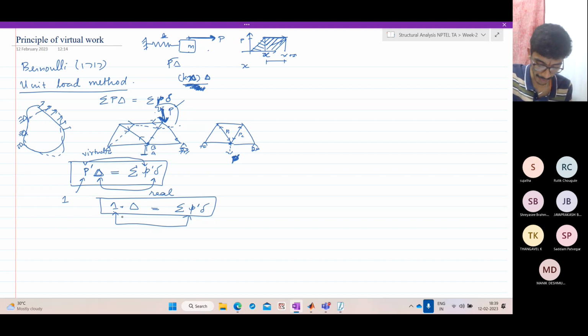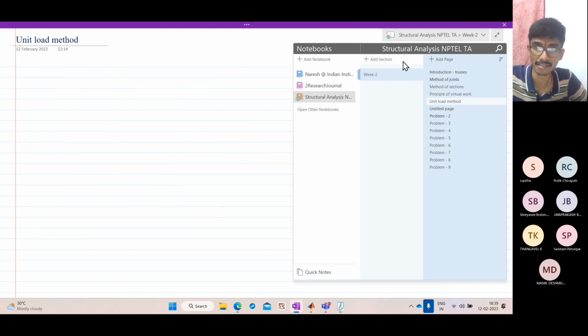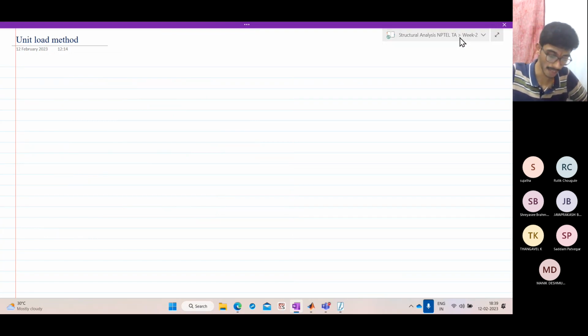So what is the benefit? We can get the displacement at a point directly. So what we get is just delta is equal to P times the internal displacement. Now, in the case of trusses, what we call the unit load method. Let me go to the next page. Unit load method. In the case of the unit load method, our